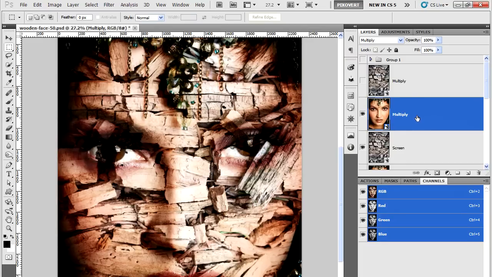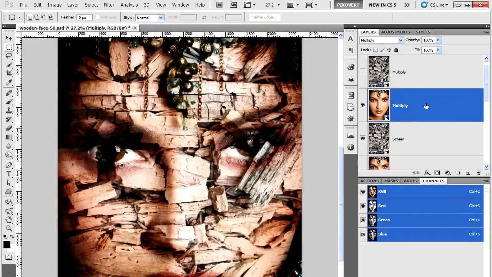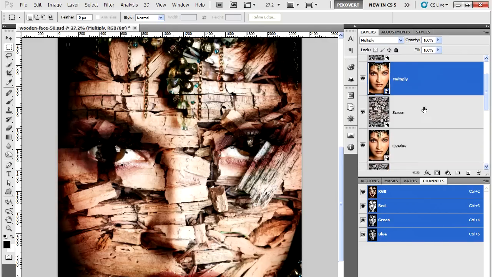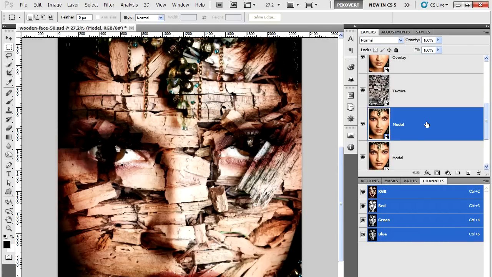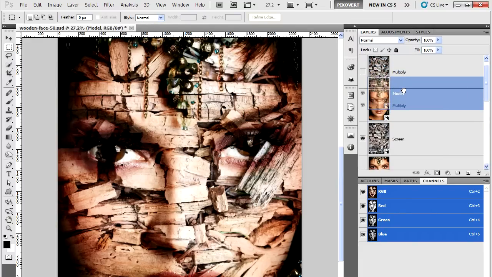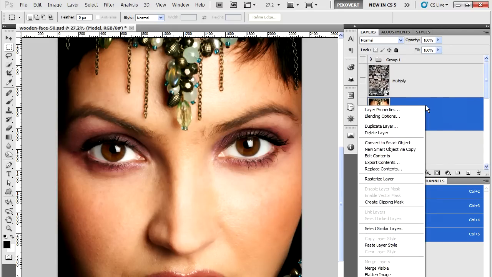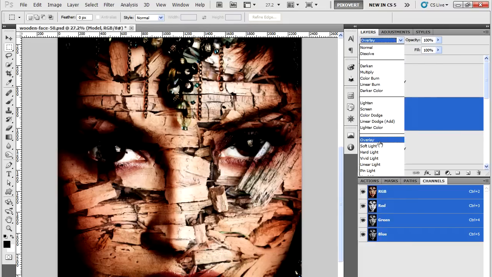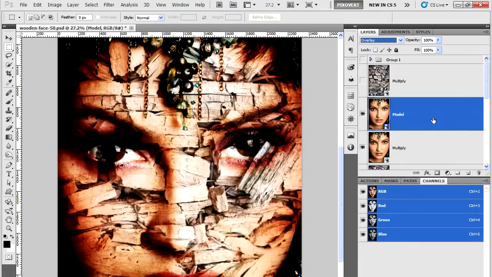And that layer can actually be duplicated. So what I'm going to do, I'm going to right click on that layer, and I'm going to choose Copy Layer Styles. We're going to bring up another of the model layers and bring it on top of that layer, and we're going to right click and choose Paste Layer Styles. So we've now got the same advanced blending as well as the same blending mode. I'm going to change the blending mode actually to overlay,